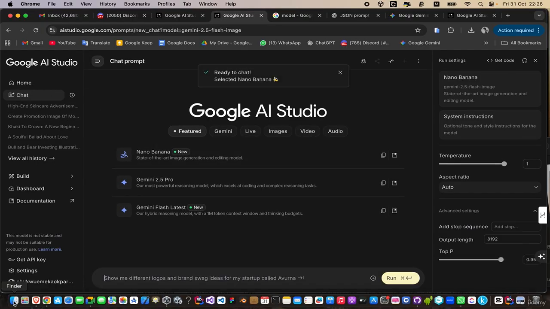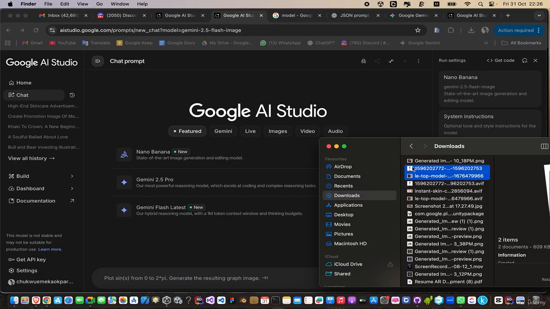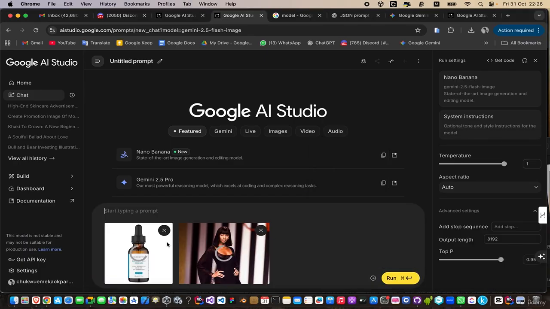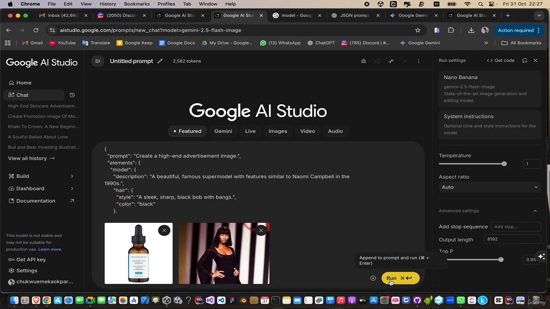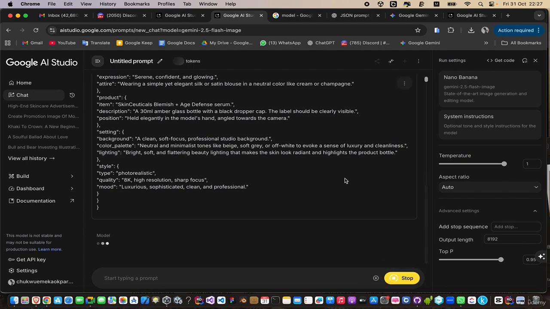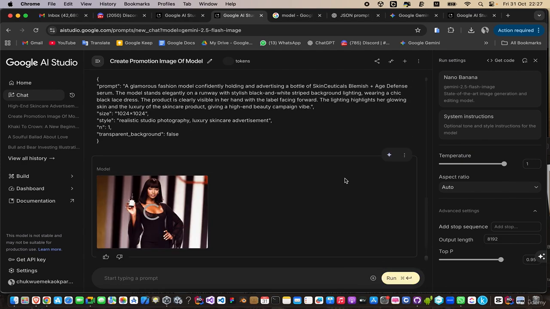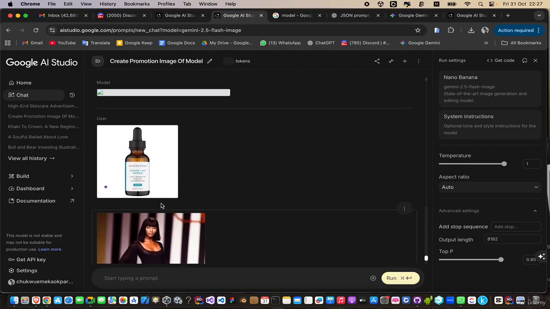So here we'll assign those two images back here so that it can have them. Then once it's done loading, we'll simply paste in our prompt and run it and see what we get. Hopefully it works. Okay, wow, perfect. You can see it immediately gave us